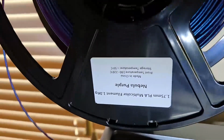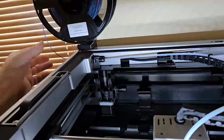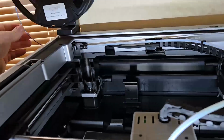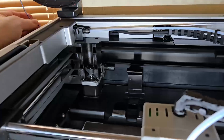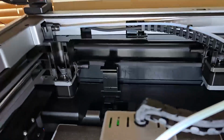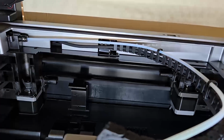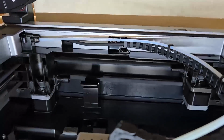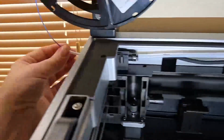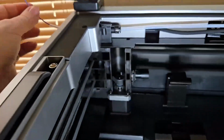We high rollers are going all the way to heaven with the remainder of my spool of Nebula Purple from FlashForge. This stuff is freaking beautiful. Not as beautiful as the burnt titanium, which is by far and away my favorite, but it's super pretty, especially in good light. So what you gotta do, one note, this little tiny piece of PTFE tubing that